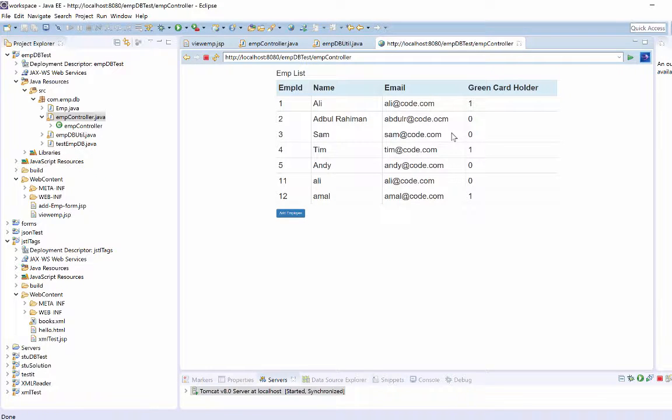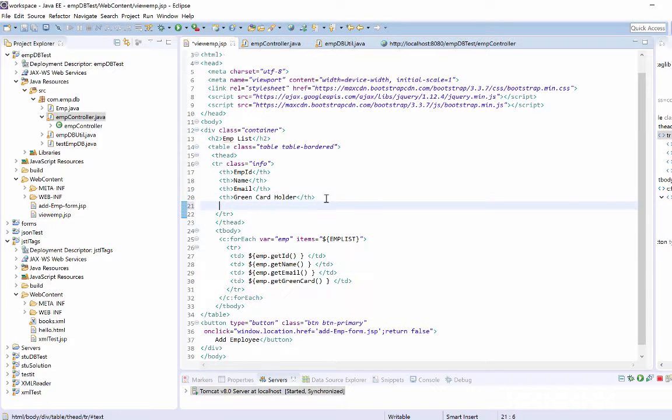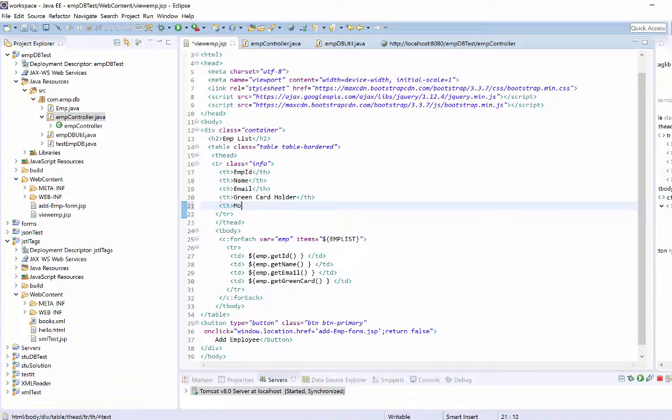In the last tutorial, we have seen how to add the employee. So first thing, in the view, I want to add one more column called modify and add the update links. So we'll open our view.jsp. In view.jsp, we already have 4 columns: employee ID, name, email, and green card folder. And I will add one more column, the heading. I call this as modify,